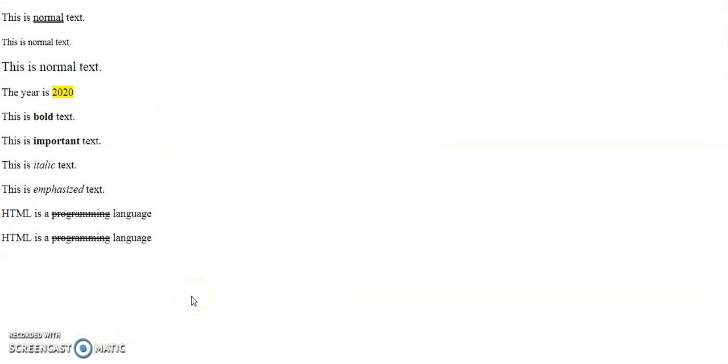So let's see the output here. As you can see, the underline and the INS make the same visual effect, but the underline is for presentation purposes only, whereas the INS element tells the web browser that it is inserted text in the HTML document.